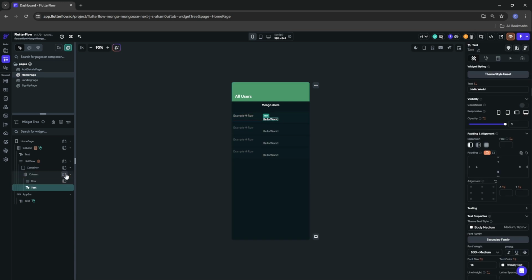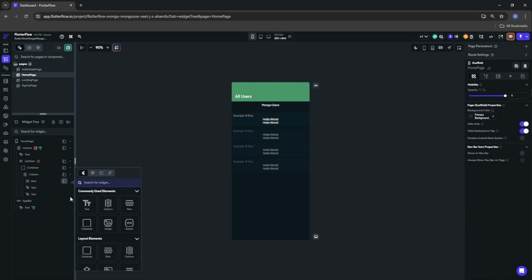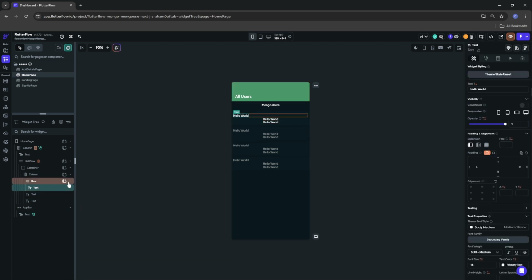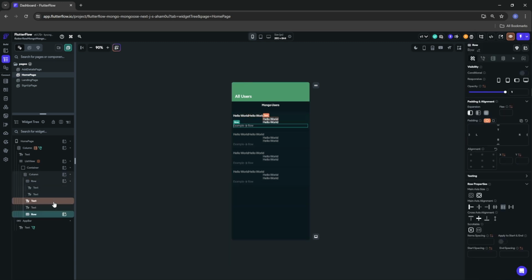Then just text, text, text, and text here. This will be email, and then about, name, unique ID, and then finally another row